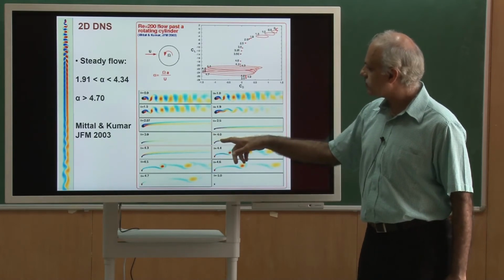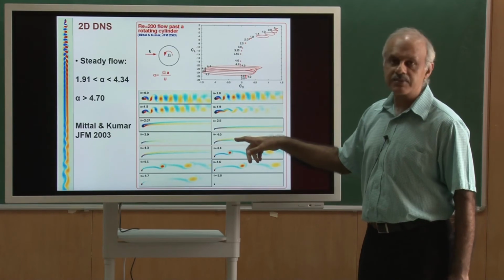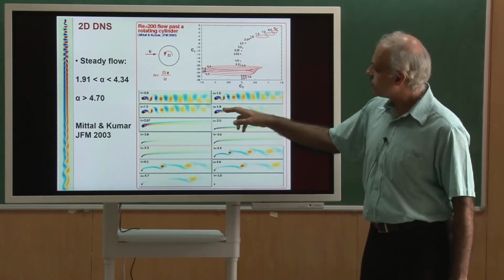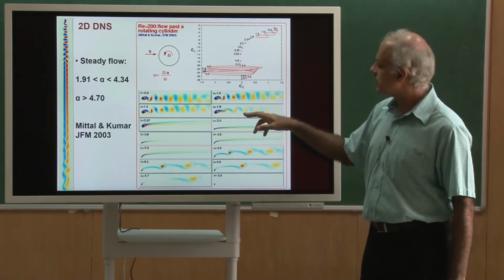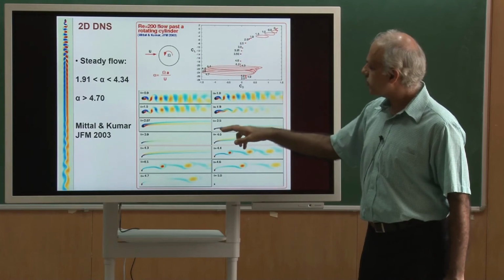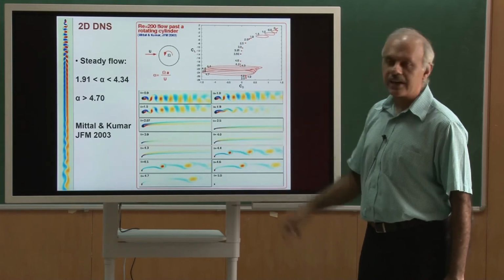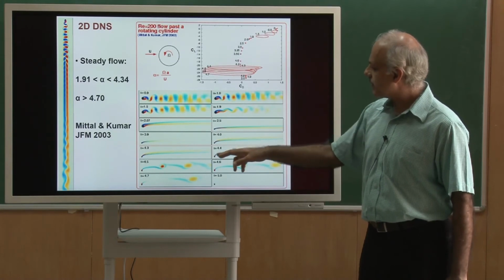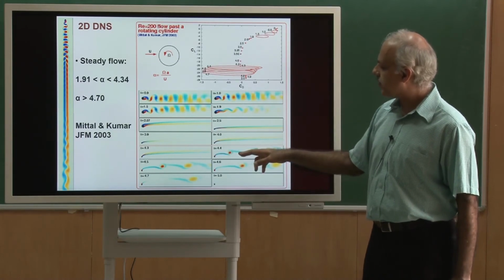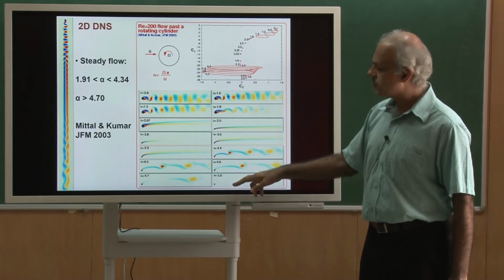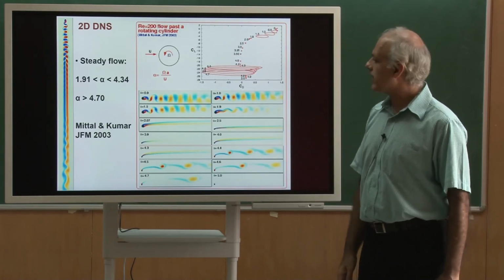especially at alpha equal to 4, the red vorticity comes at the top and the blue vorticity at the bottom. So in fact this vorticity, because of the rotation of the cylinder, it is a viscous flow now, wraps around it. So the blue one goes below and the red one comes on the top. And this now becomes unstable at a larger spin rate of about 4.4. And finally, when the spin rate goes to 5, the flow again becomes steady.